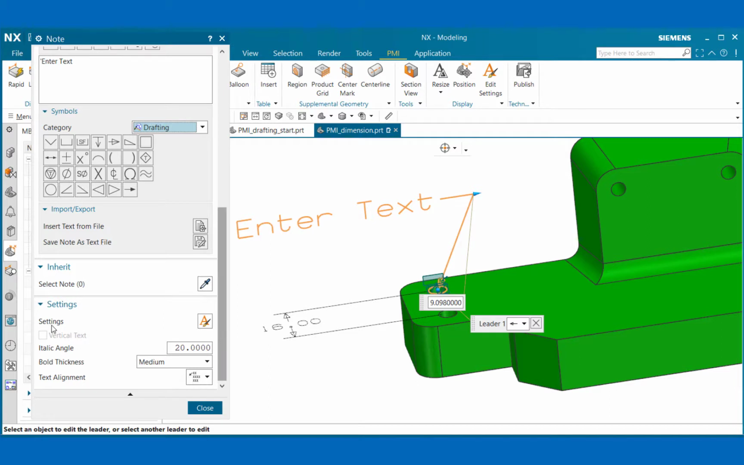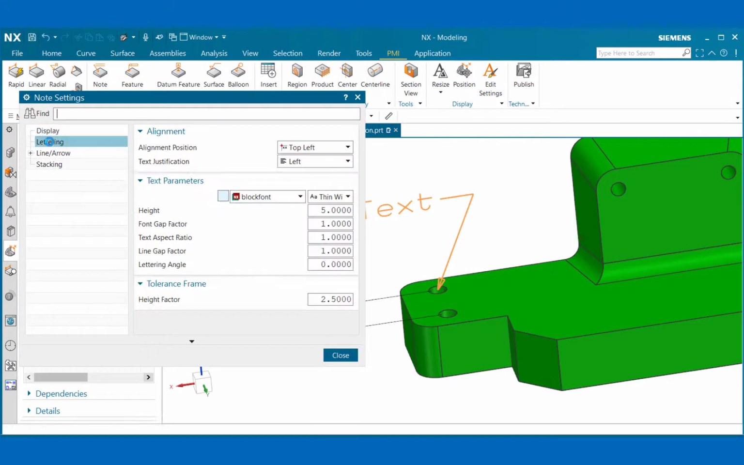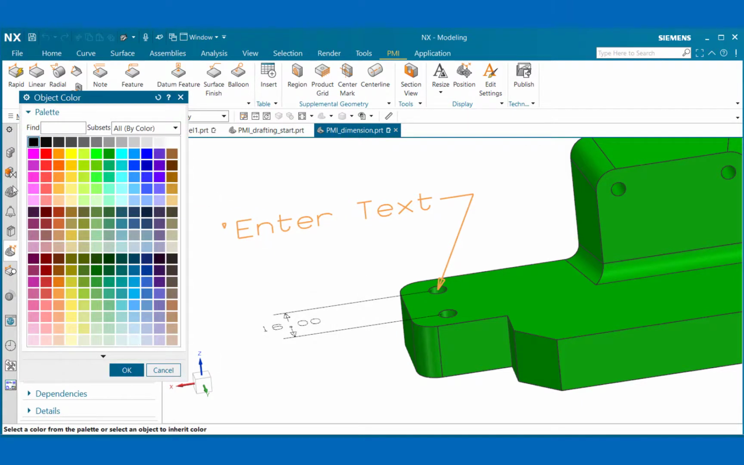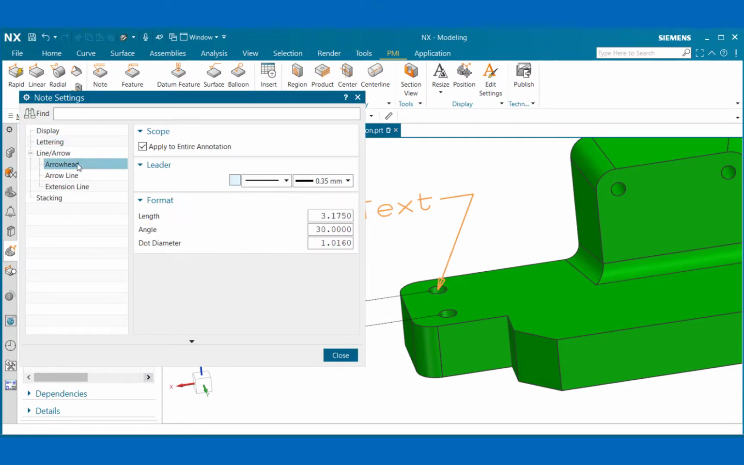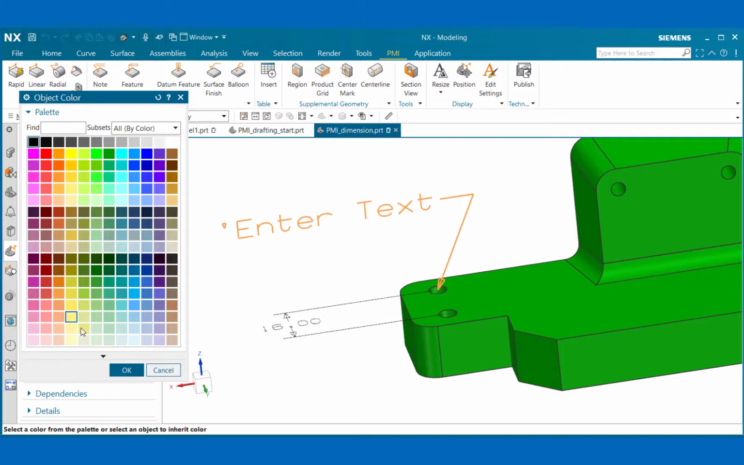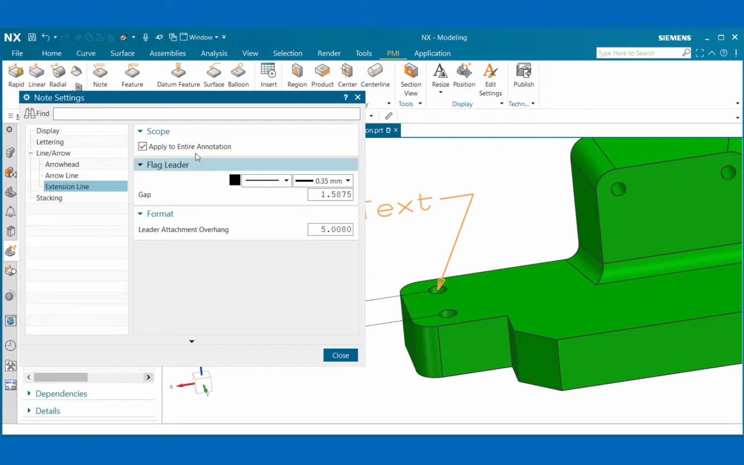And if we come down here, now we have more settings. And if I go ahead and select on the settings, I have my note settings. We have the lettering. Again, I can change the color. Go ahead and make that black to match the other one. And then we also have the line and arrowhead, which we can change because of the leader, so we can change that as well. And notice that I have the check applied to entire annotation, so it's the scope, so everything then will turn black. If I go ahead and close that,